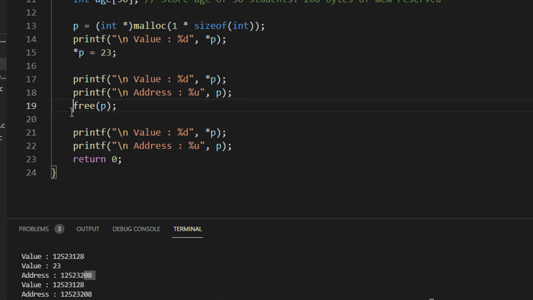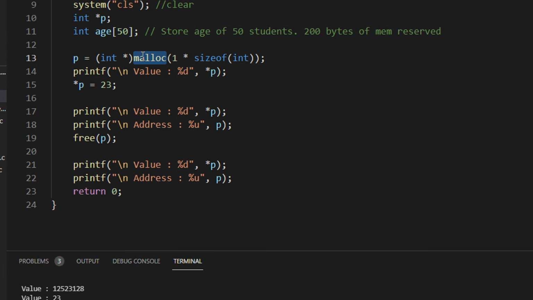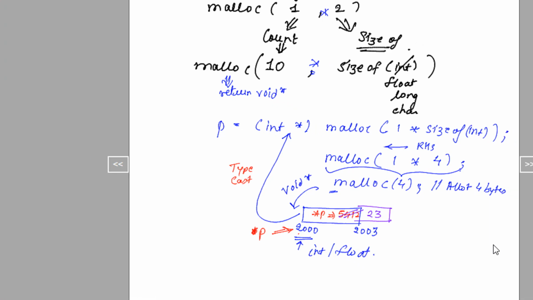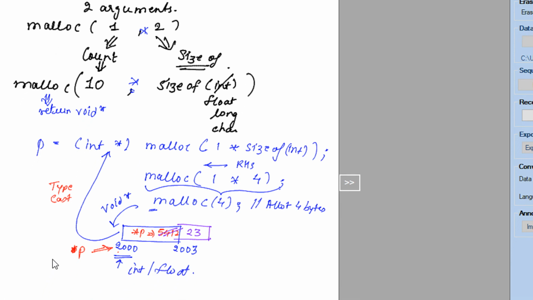Now there is another function which is known as free, right? See, when you allocate memory by your own self, you do not let the compiler do that. You are explicitly assigning a memory allocation. So in that case, it becomes your own responsibility to basically free the memory also, right? It's just like, when you create something, it is your responsibility to basically finish the task also. So by free, what we are saying is, okay, now this memory location is no longer required by me.